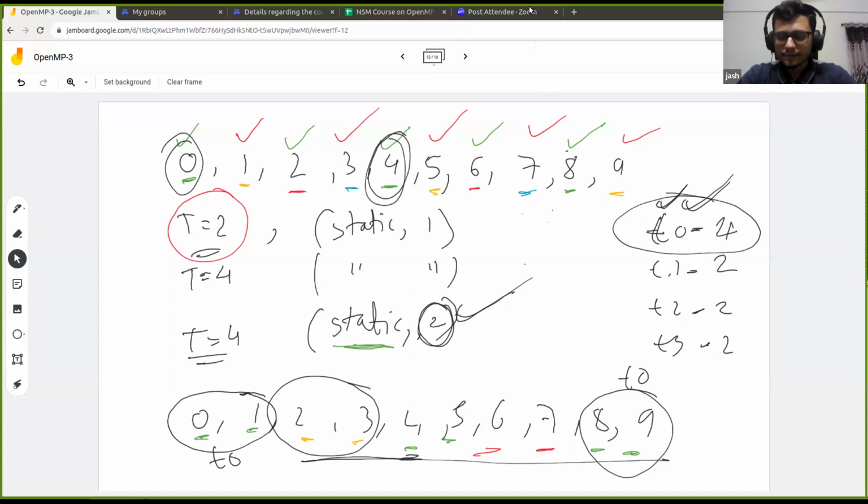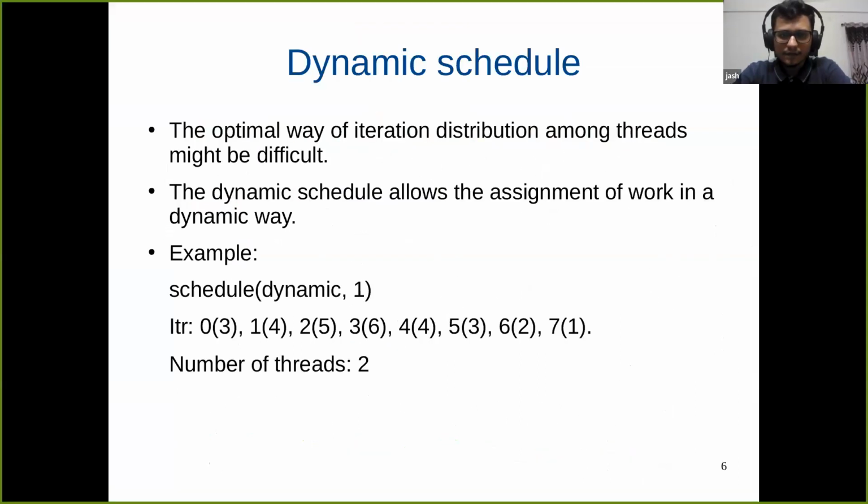So to mitigate this drawback, to reduce this load imbalance, OpenMP came up with the dynamic schedule.